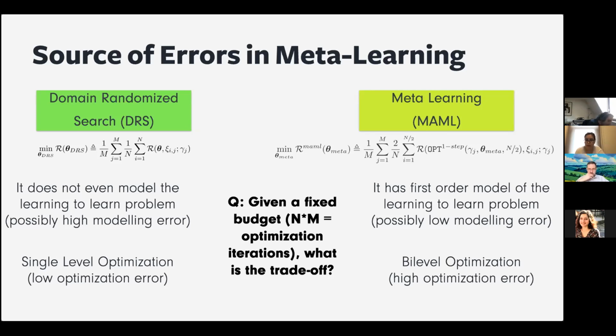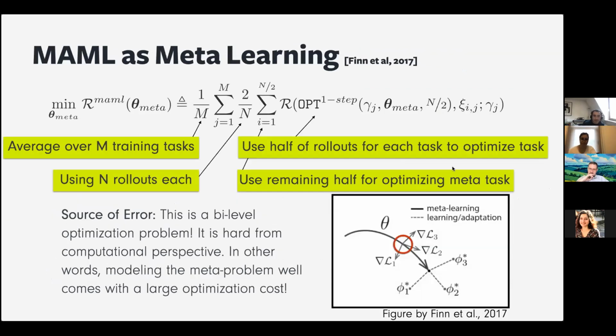Ozan, I have a question. Why do you call the outer loop initialization? You can call it anything, but classically, when people apply MAML, what they find is the initialization of the neural network as an outer loop. So in meta training, they sample different tasks and find the best network initialization such that when you apply gradient descent for an arbitrary random task, it will perform well. So it's more like finding an initial point, shown in this red circle, such that you can jump easily to other solutions.